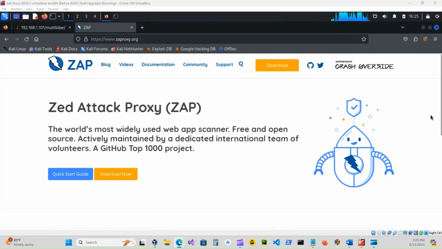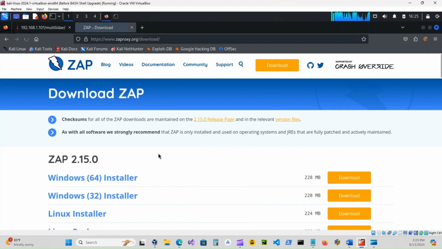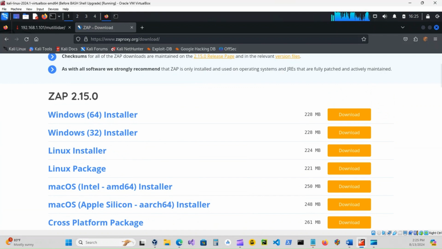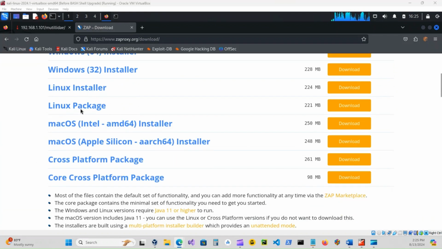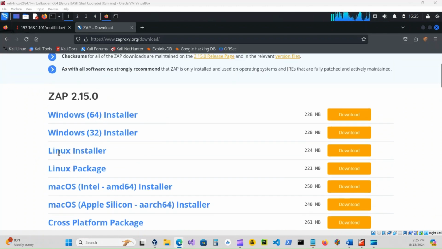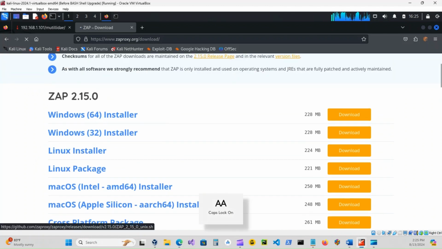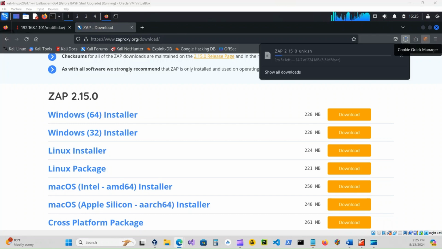click on download and wait for the download to get finished. After my file has downloaded, I will open my terminal and first change to the root user with the command sudo space su and then press enter. Next, I will